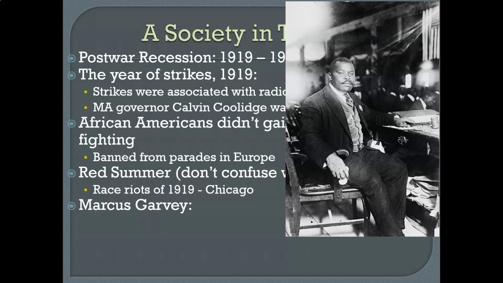In the end, 38 people had died, 15 whites and 23 blacks, and 537 were injured. Over 1,000 people were left homeless, and the Chicago riot was the worst, but not the only racial violence during the so-called Red Summer. In all, 120 people died in such racial outbreaks.